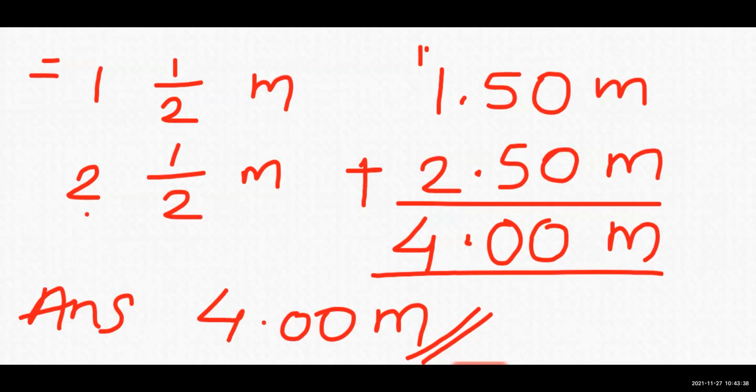I hope you have a clear idea how you are going to do this type of sums and how you are going to convert the following into a decimal fraction and add it. Okay. Now write down in your notebook the first questions you already have in the textbook page number 57. Write down questions and answers. Copy down fast in your notebook.